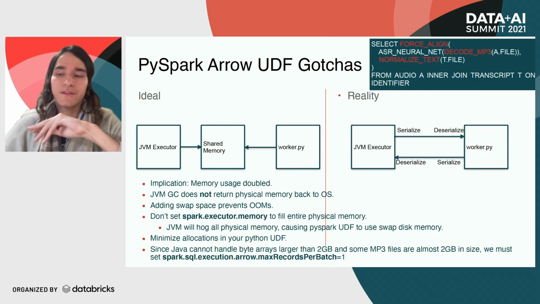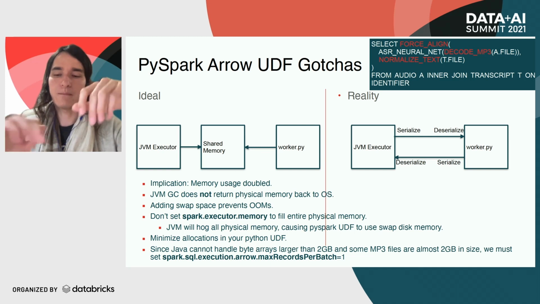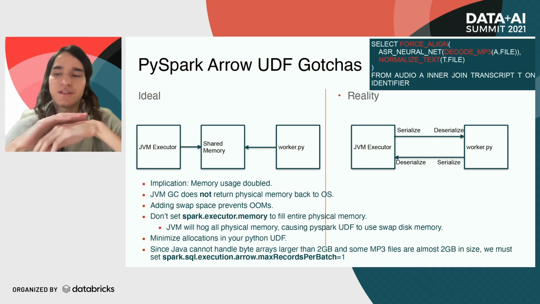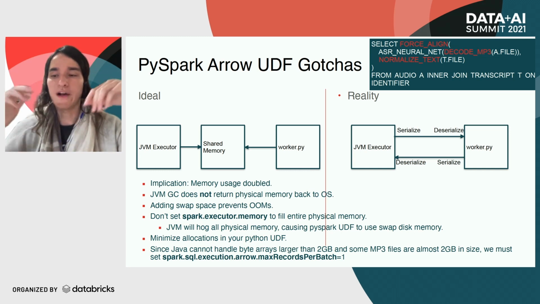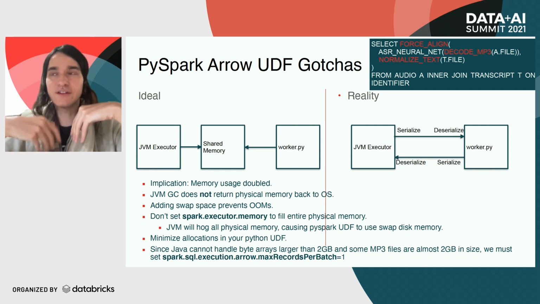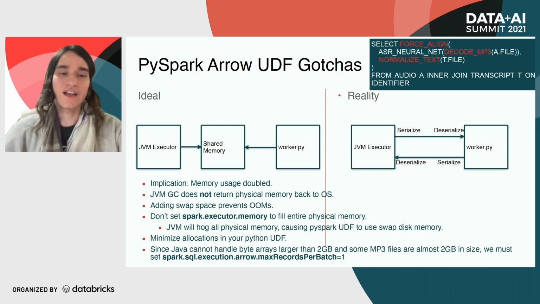So the first thing I want to mention is not actually related to GPUs, but there's so many gotchas and surprises I had on this side. I think it would help a lot of you. So PySpark, writing Python UDFs in PySpark used to be just a big no-no because serialization overheads were too high. So PySpark introduced Arrow UDFs a few years ago, and this solves a lot of issues. But Arrow UDFs are, at least in what I initially expected, not quite what I expected.